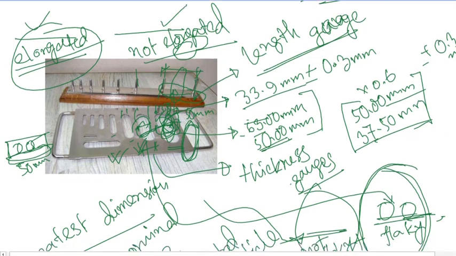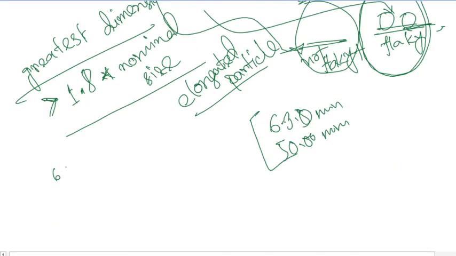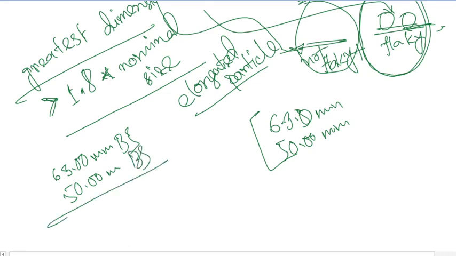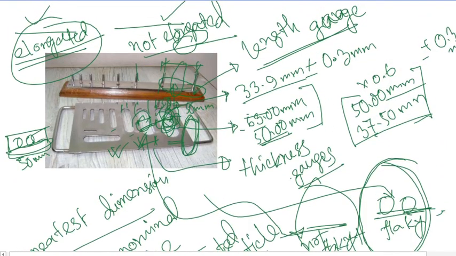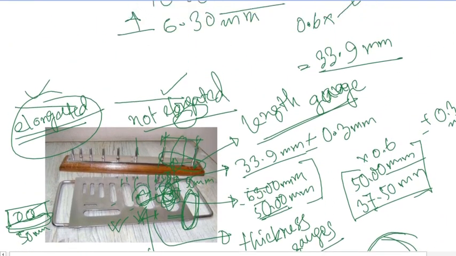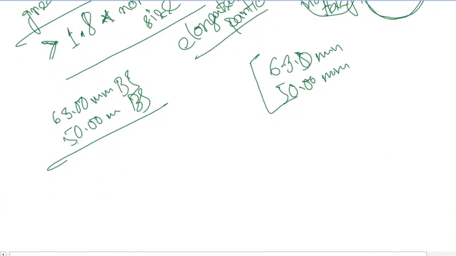And the range is 1.8. So if we have a 63 millimeter British sieve and a 50 millimeter British sieve, what will be the nominal size? As we have calculated before, the nominal size will be, what? It will be 56.5, and 1.8 multiplied by 56.5 will give you 101.7,